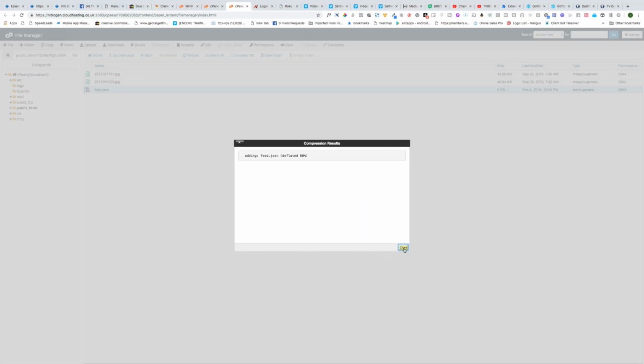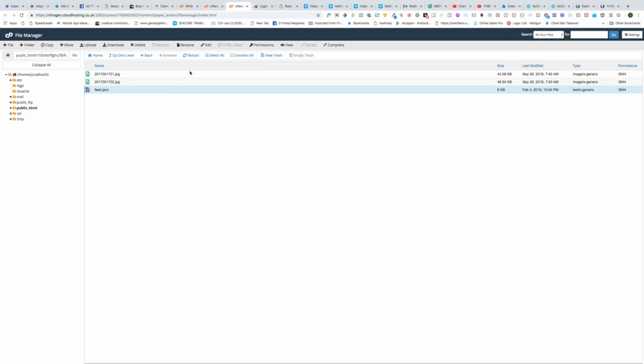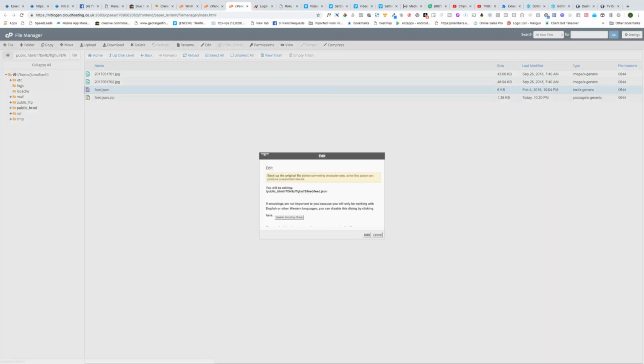Okay, so that's one way. And if I reload this, we'll now have a zip file in here, so you could download that. You could name it like with a date and time perhaps, because I wouldn't just have one of these, I would keep a series of them. So that's one way. Another way is to even open it. You can either open it inside the TV Boss, you get it displayed at the bottom, and copy that, or I can use edit in here,